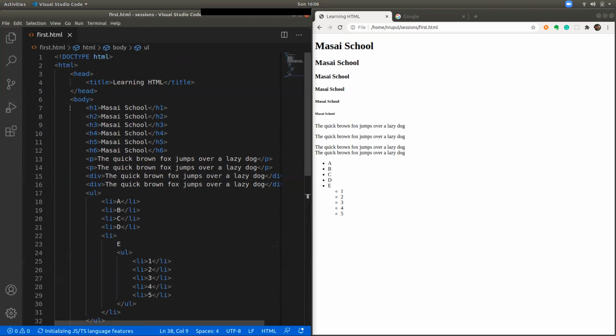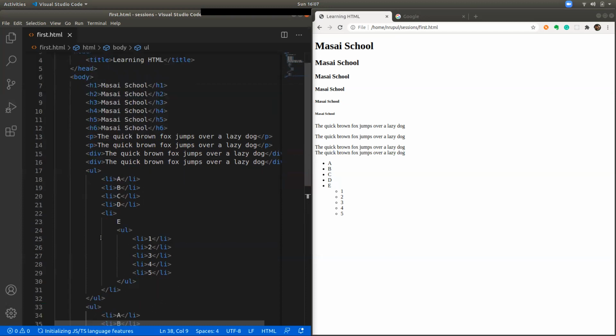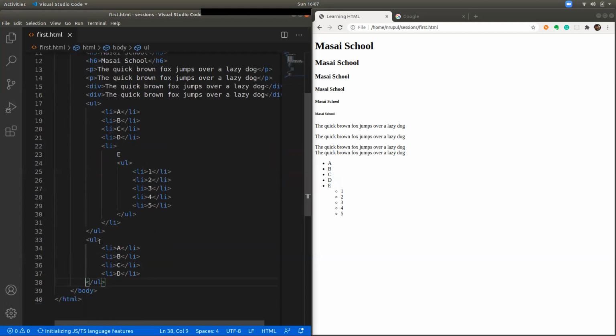It's called indentation. One level inside will be with one layer of spacing or tabs. Generally people use tabs, so that whenever you are seeing the code, you know that this is one level down, this is inside of this, inside of this. So it's very clearly visible from the code itself.